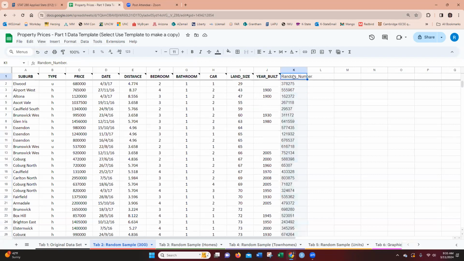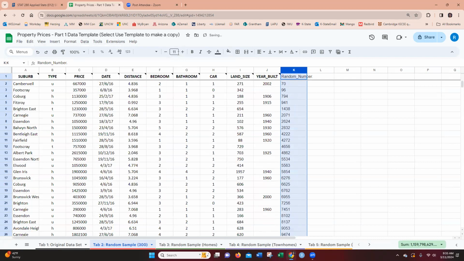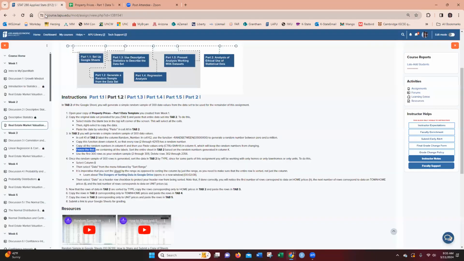So then we're going to sort the sheet based on the random numbers in column K. So we're going to click over here in column K, and then we're going to go to Data, Sort Sheet by column K, and we're just sorting it out. So now that that is sorted, we can go back over here. And then it says,